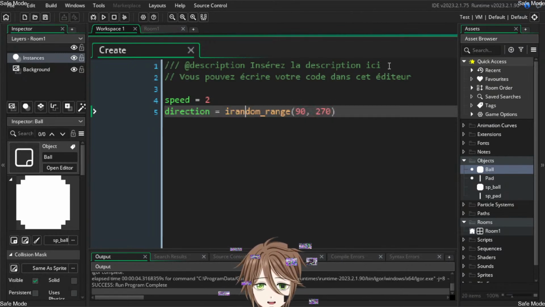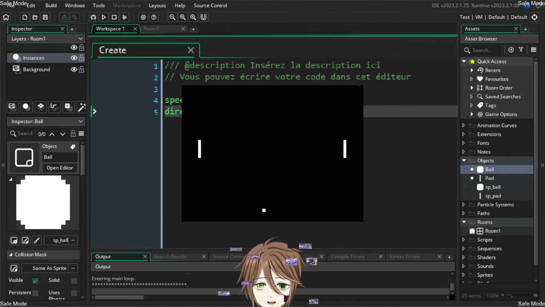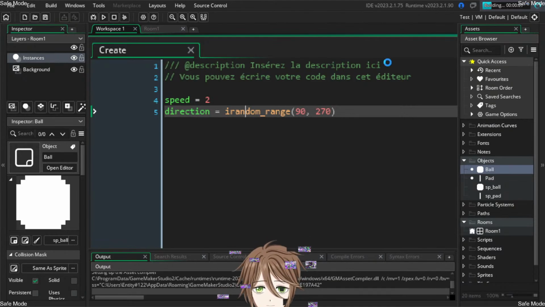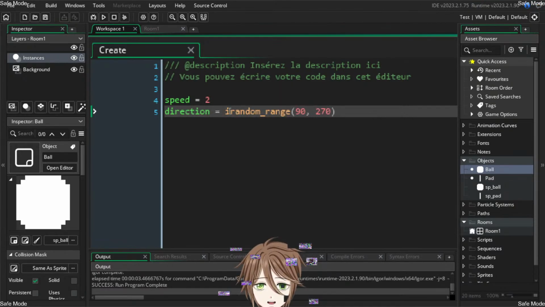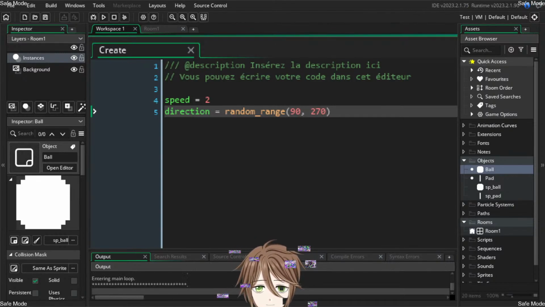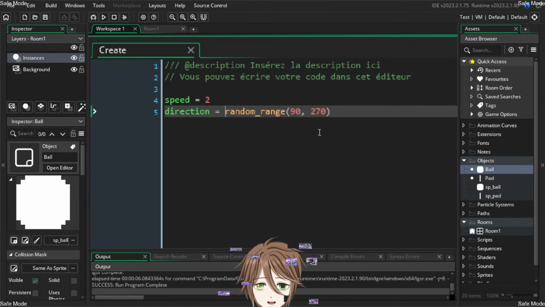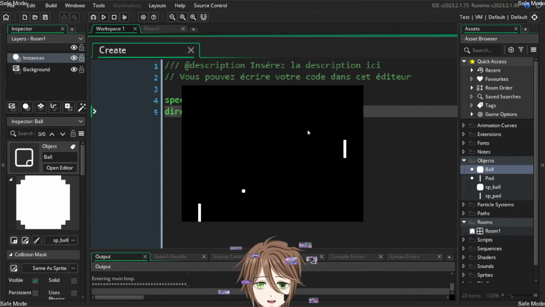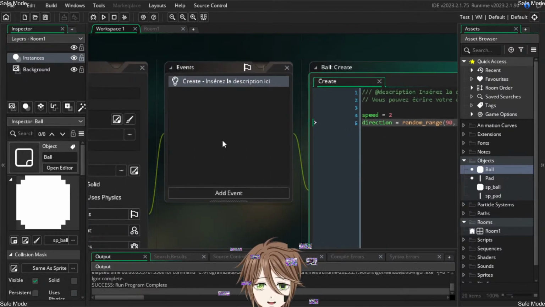I guess it's working. No, wait, it's always the same. Wait, that's not supposed to be like that. Oh, so now it's being a little different now. Is it still the same or is it more random? Oh wait, whatever. So it will just allow me to code